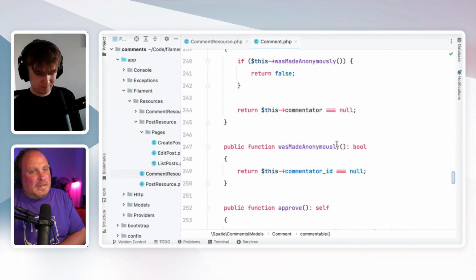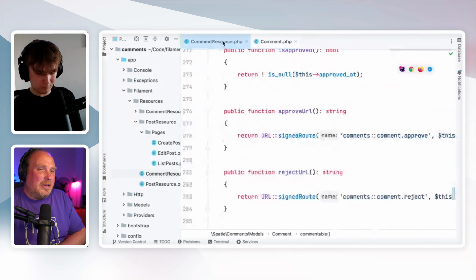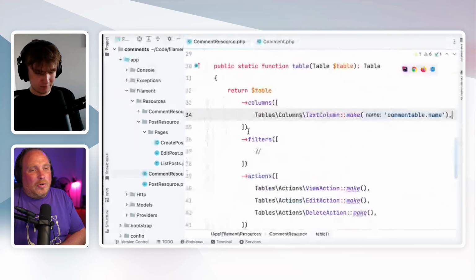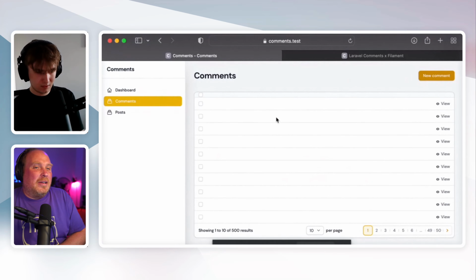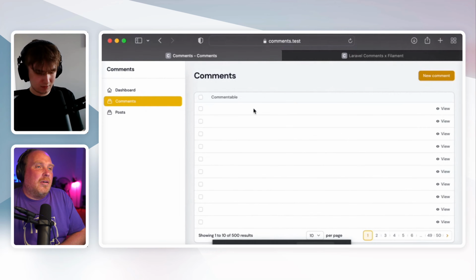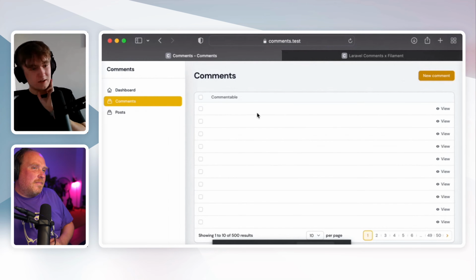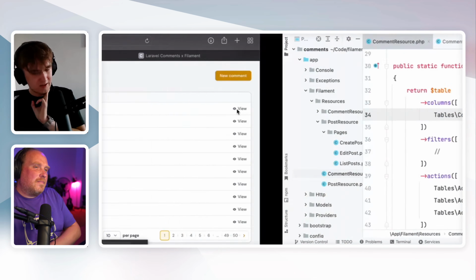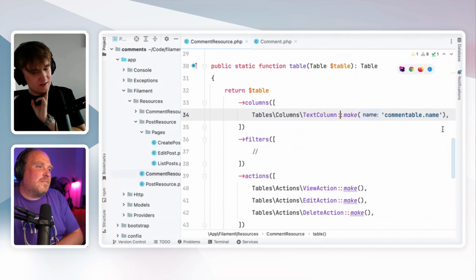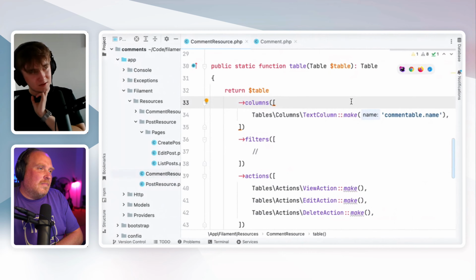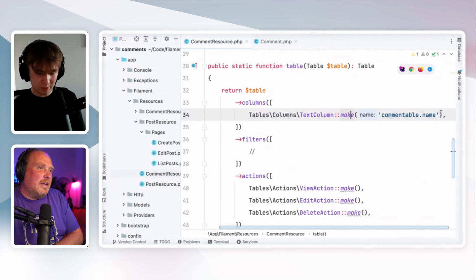Yeah. It's a nullable relationship, so you can have no commentable or no commentator. So the name from this relationship isn't set, is it? It's from a commentable name method on the commentable, right? So what we can do, this will handle the eager loading for us, at least, because it will say if we go into debug bar,